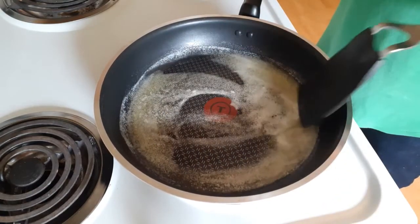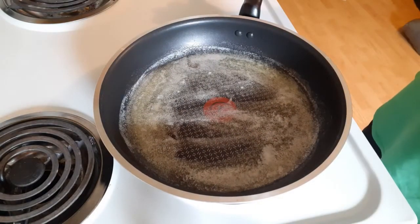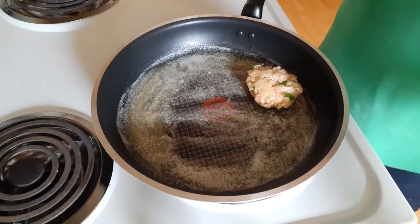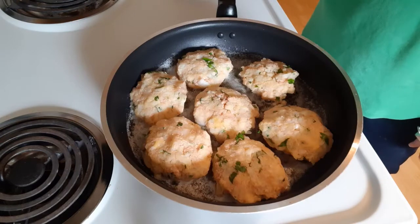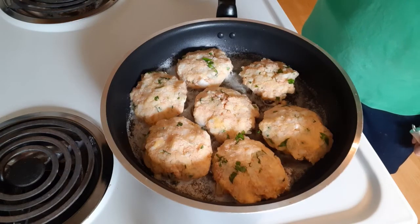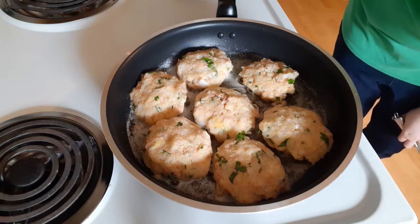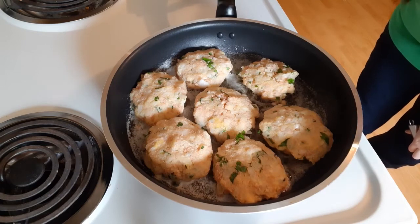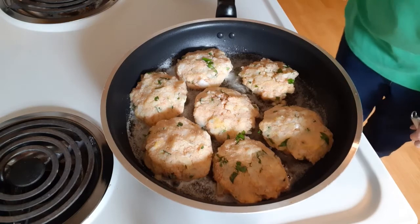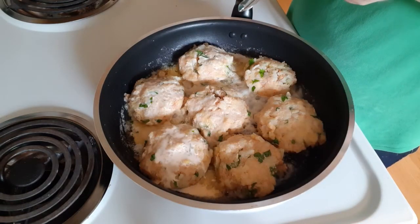So I'm going to go ahead and put the potato patties in. Oh, and they're already kind of, please don't fall apart on me, potato patties. And now we wait until the bottoms are browned, which if I see on the side of a few of them, they're already starting to look a little darker, so that's a good sign. Okay, now that the bottoms are fairly